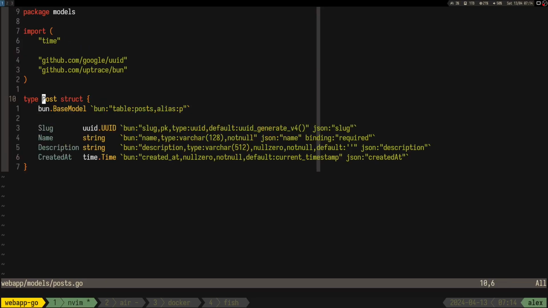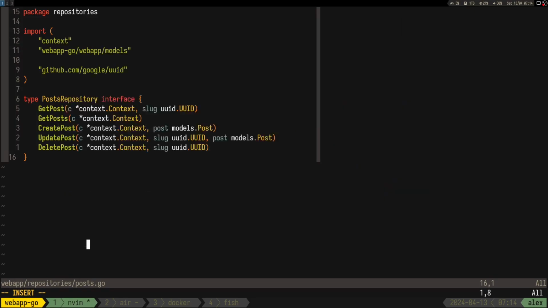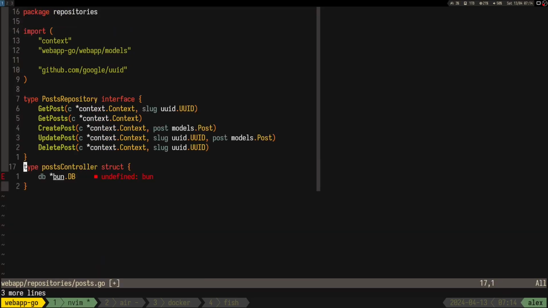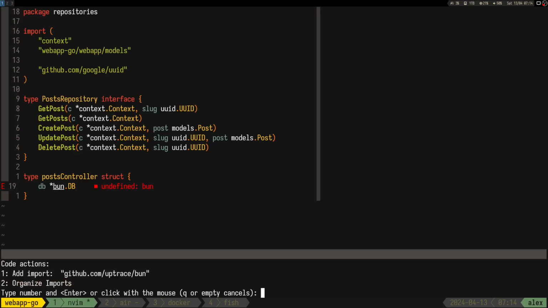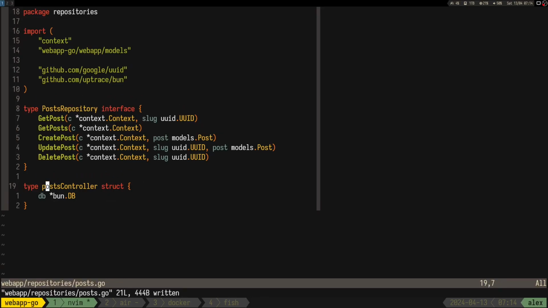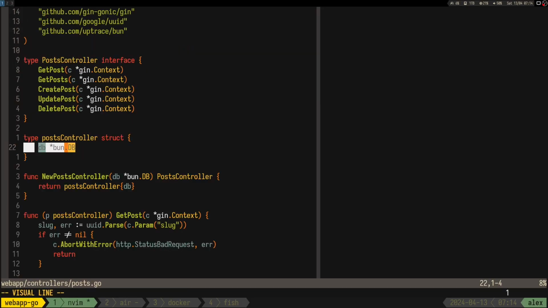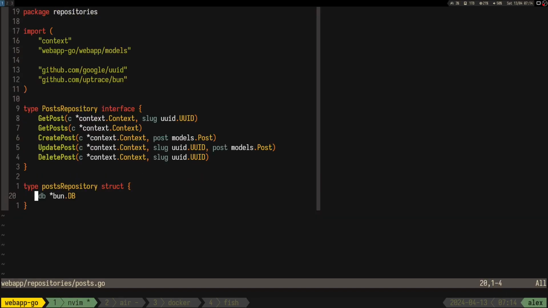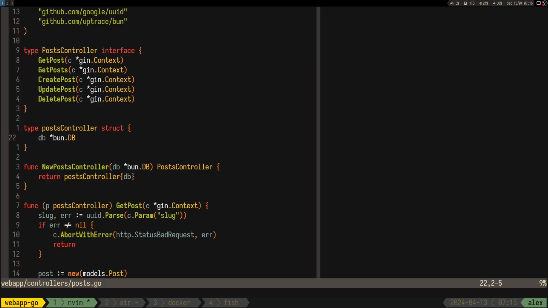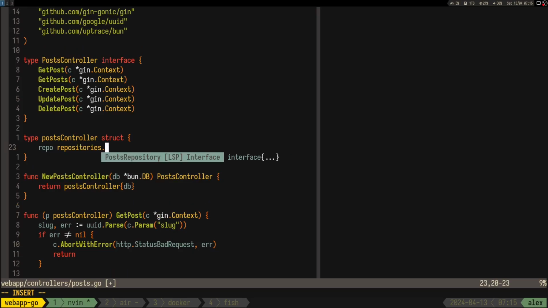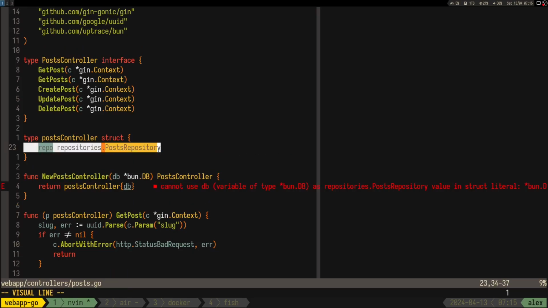Right, and share controller posts. At this point we can create this thing, which now is gonna take, this is posts repository but with lowercase p. And now instead of taking a database in the controller, we are going to take it in the repository, and this is going to take in the repository, right? So this is going to take in here repo repositories dot post repository, right? So this is how it's going to work,